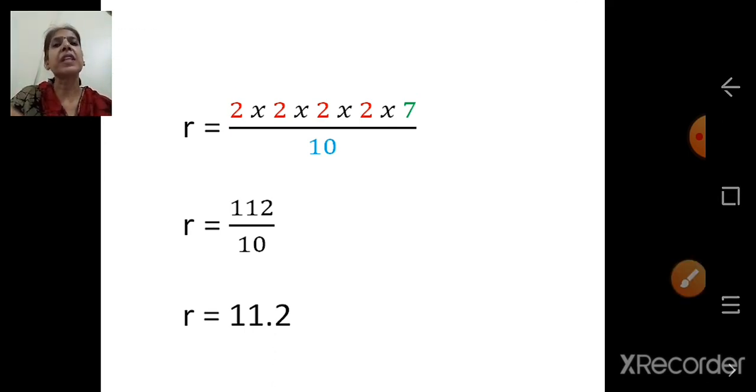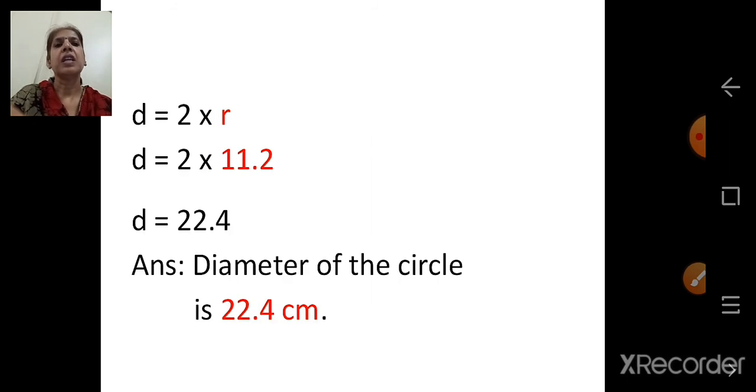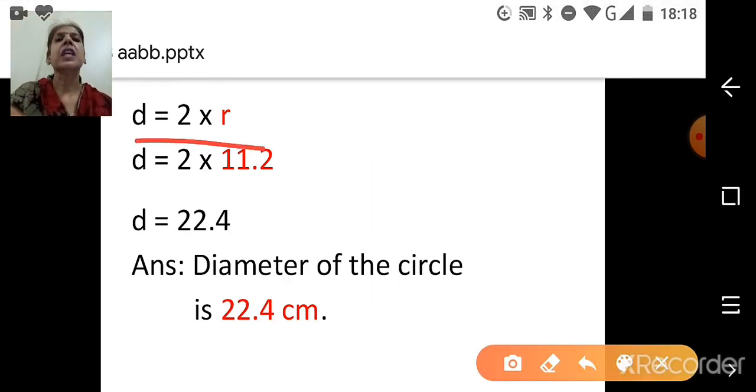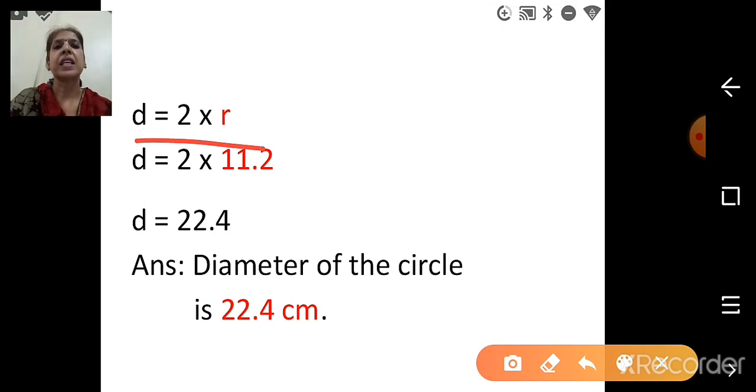But what have they asked us to find? Diameter. So diameter is twice the radius. We know diameter is twice the radius. So twice the radius, 2 multiplied by 11.2. So multiply 11.2 with 2, it is